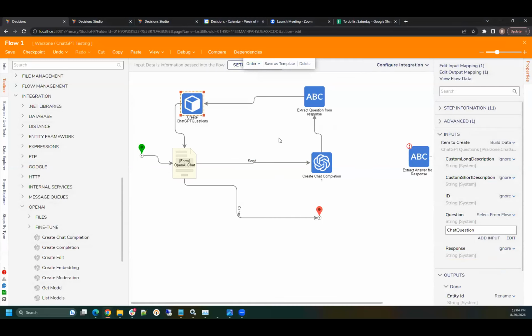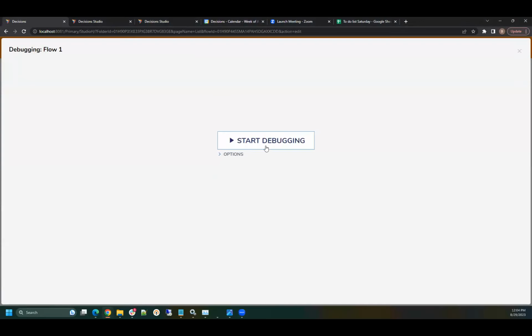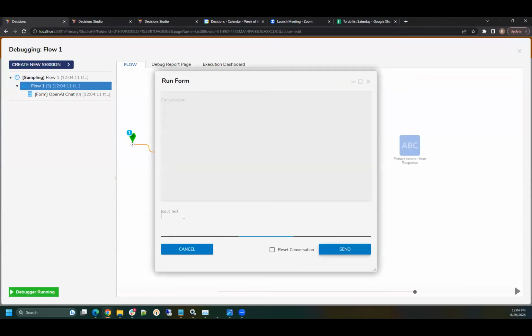I just made a quick data structure type to get the response in question. I'm not going to get the response right now because I had some trouble figuring that out, but it is still possible. So if we debug this flow really quick,